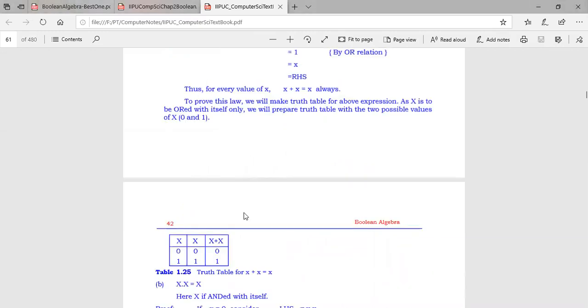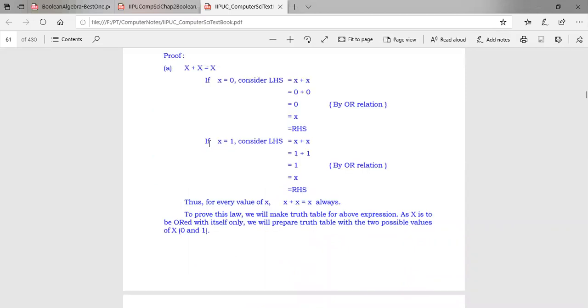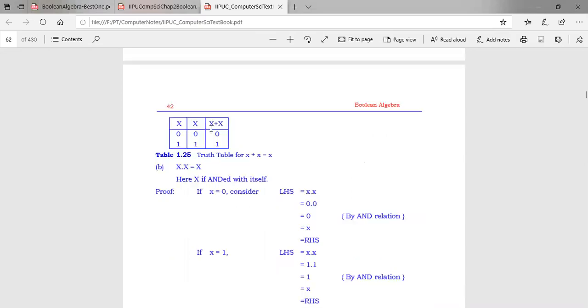Now, the proof using truth table, as you know, we construct a truth table with x as the first column. Second column is also x only. The two values x can take are 0 and 1. That's why you are writing 0, 0, 1 and 1. Output will be x plus x. The third column is x plus x, to prove this. So 0 plus 0 is 0, 1 plus 1 is 1. So what you are getting, x plus x, you just observe the last column with any column x. So this last column is equal to x only. So thus, using the truth table by observing the columns, we prove that x plus x is equal to x.